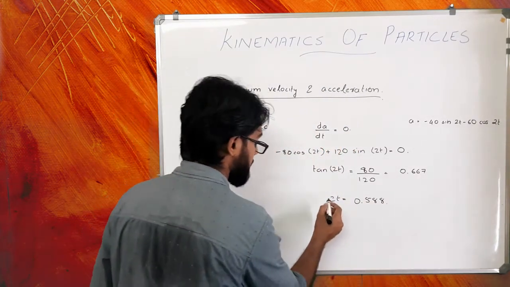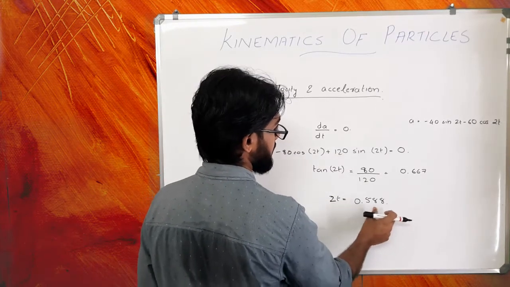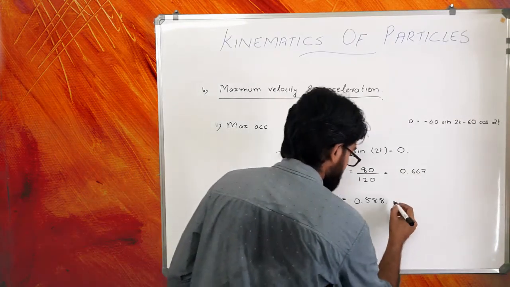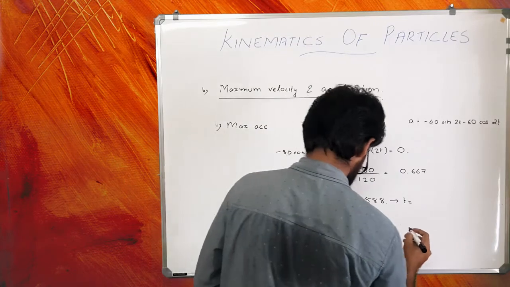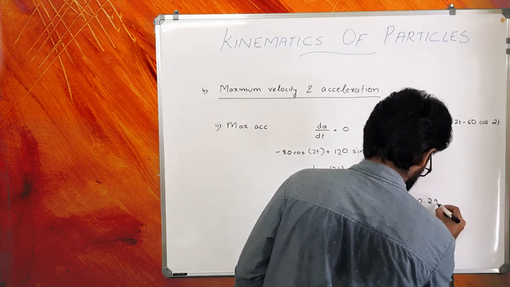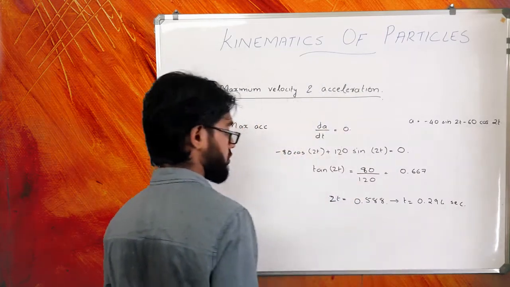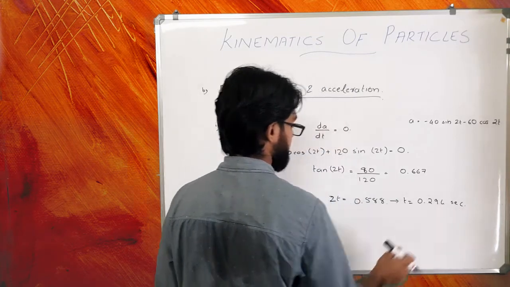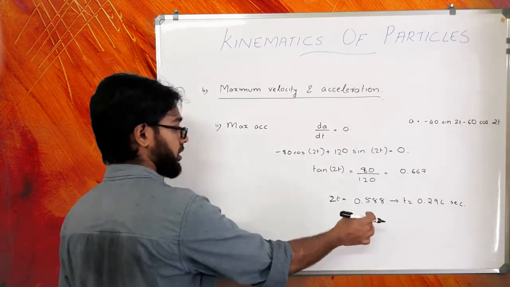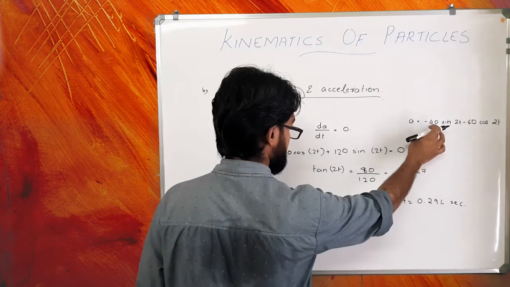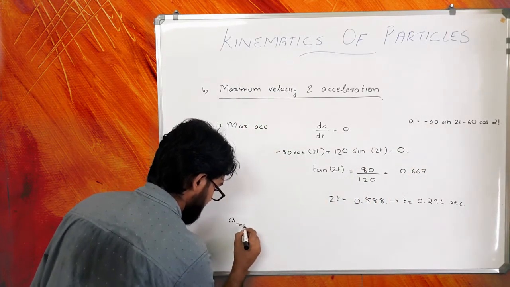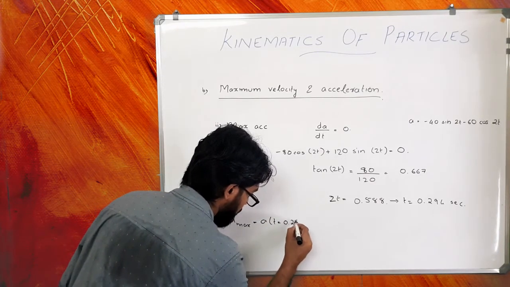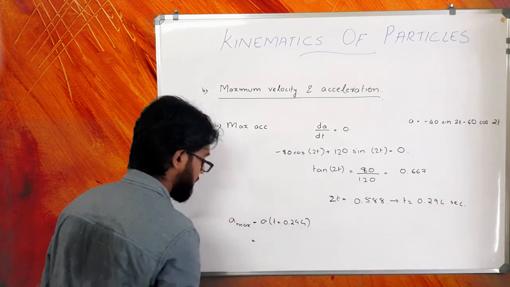Now, substituting the value of 2t in this corresponding equation, we will get the maximum value. In this case I can say t equals 0.294 seconds approx. So, maximum acceleration occurs when time t equals 0.294 seconds. Substituting time t equals 0.294 in this corresponding equation, we get A max, that is A at t equals 0.294, which will be equal to